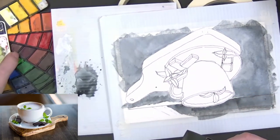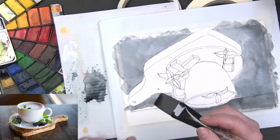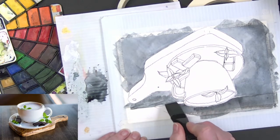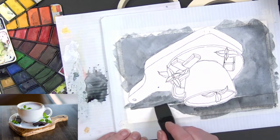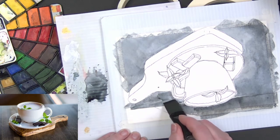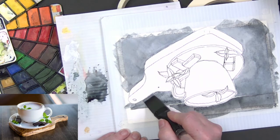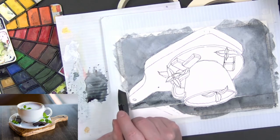I would not say that these are probably going to be archival for 100 years, but they're archival enough to get pictures done and make cards. They're archival enough to make a card and give it to someone. And they're probably archival enough if you don't use the pinks and purple tones. My light testing that I did,